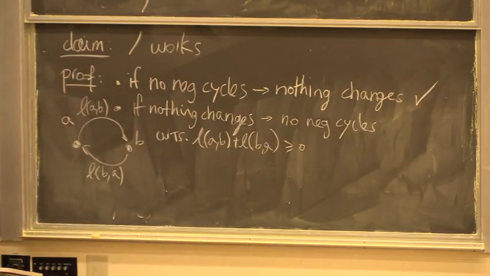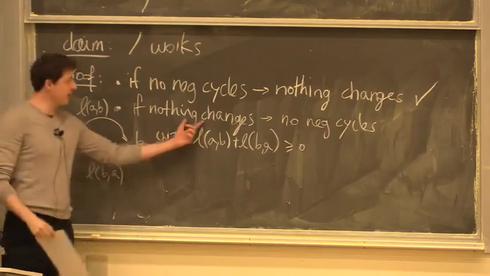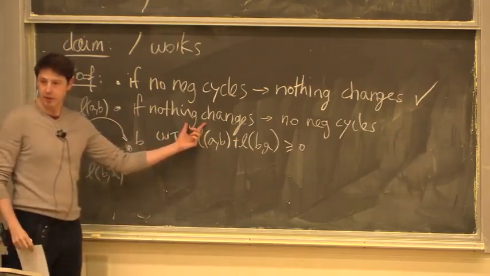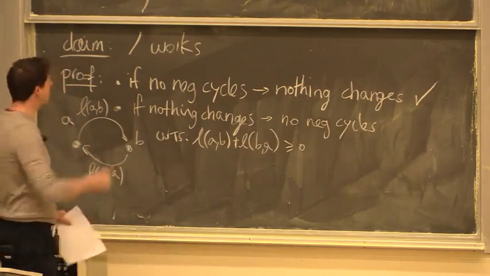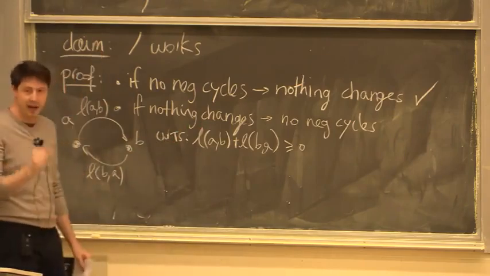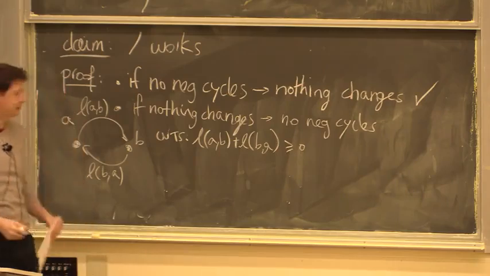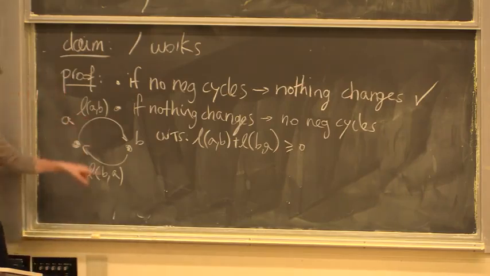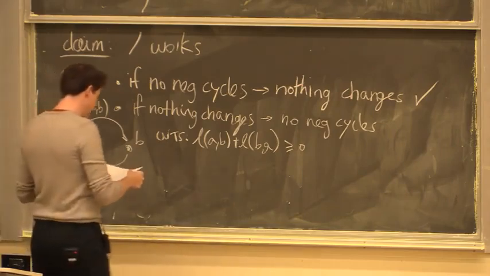Okay, but we have a hypothesis. It says nothing changes, right? So what does that mean? It means that in the last iteration, when we ran the update, there were specific inequalities that held when I updated this edge and also updated this edge, right? So certainly I do know that the